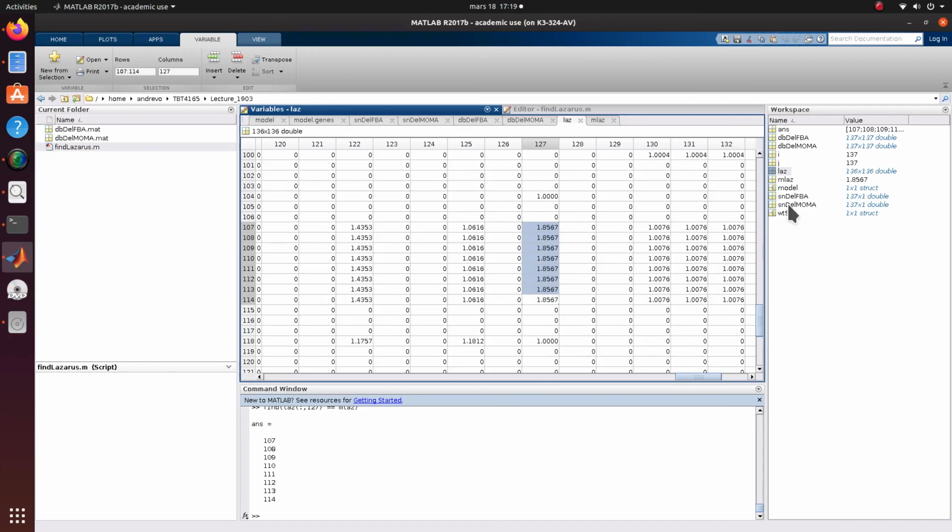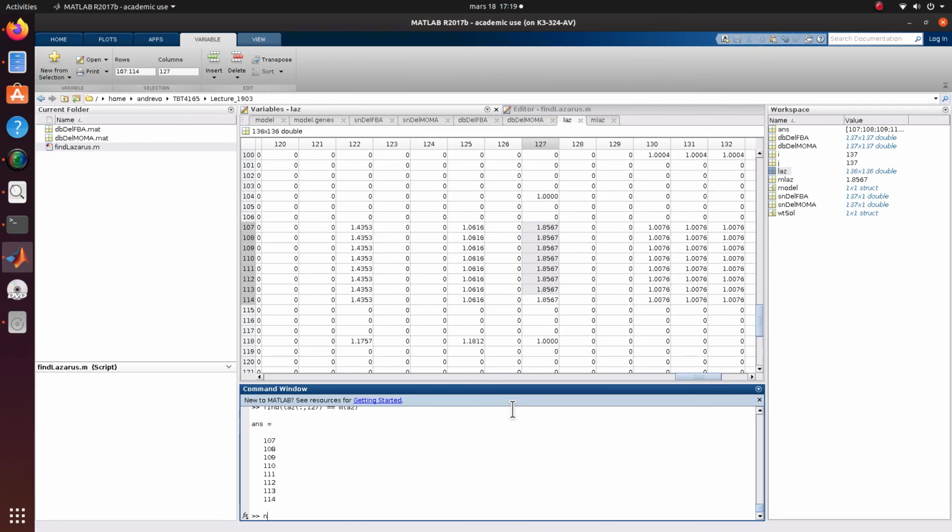Well, let's look at what is SN del MoMA of 107 to 114? 0.1059. Meanwhile, double del MoMA for these and 127, 0.1967. So we see that for each of these 8 mutants, 107 through 114, they have pretty